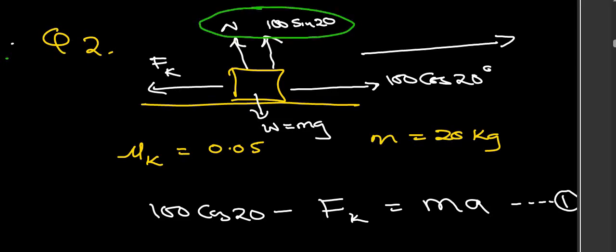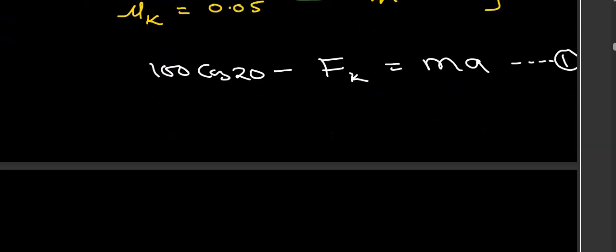These two should be equal to the weight. That's the reason why this thing is stable and not jumping up and down. So we're saying normal force plus 100 sine 20 is equal to mg, which is the weight,